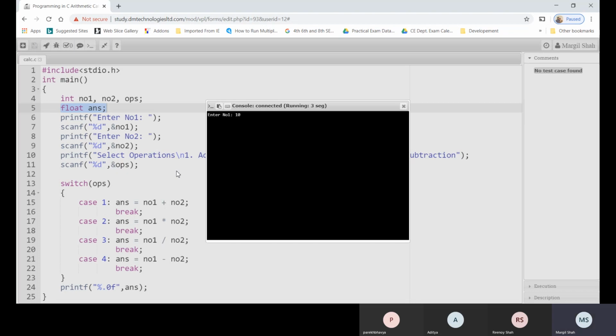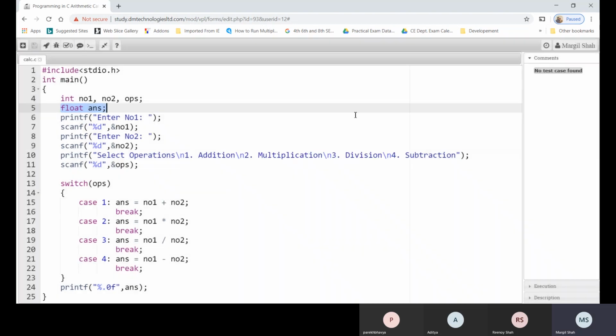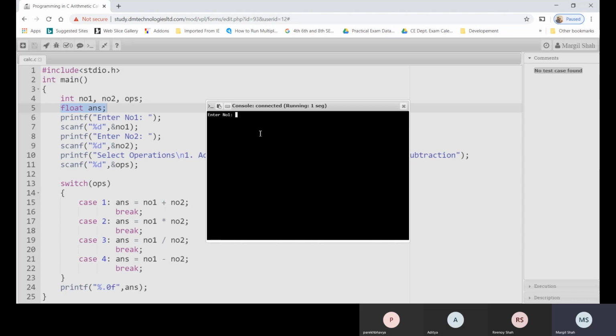Suppose we enter the value 10, 20, and multiplication. So the answer is 200, right? And let us execute again. Suppose we enter 10, 20, and for a division, if we enter 3, see, we get the answer 0.